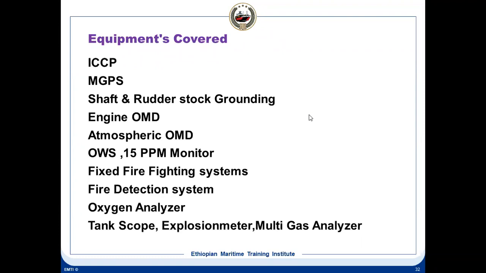Suppose you are on watch and you find something is going wrong with the fire detection system, what action you have to take. Suppose it's a UMS ship and you find in the engine room one sensor has gone bad. Any one sensor gone bad means the ship has to go from UMS to manned conditions. You cannot unman the ship if any one sensor is isolated or disabled. So it is essential that nothing is disabled during unmanned time. During unmanned time, all the fire sensors should be working.